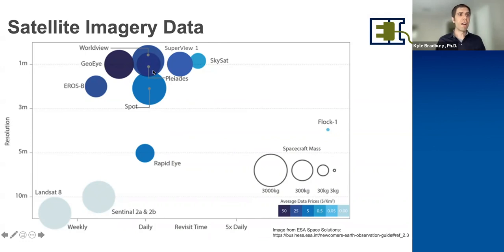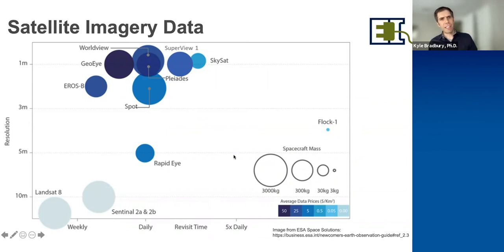But there are often opportunities for researchers to access these data at no or low cost for smaller areas of interest. And a company called Planet, with their SkySat and other constellations, have actually been able to revisit and re-image the Earth many times. Sometimes, once a day. Sometimes, at that level of frequency, which can be really useful for time change evaluation.